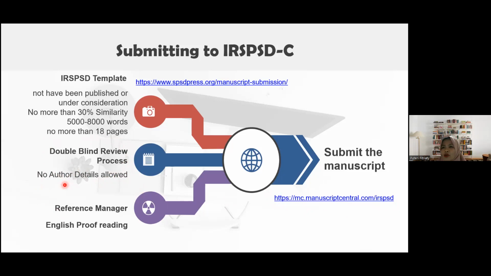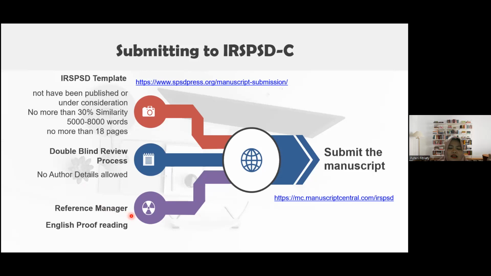Sometimes when we get your paper and there are still author's details in it, we will reject that paper, or sometimes we just delete them before we send it to the reviewer.